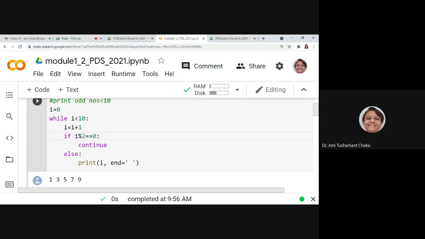What we want is whenever i remainder 2 is equal to 0, continue, and otherwise, you print this. So when it is an even number, it will not print, but when an odd number is there, it will print it, right? If we run this, we'll be getting 1 3 5 7 9. If I put it as break, then it will come out of the loop, isn't it?